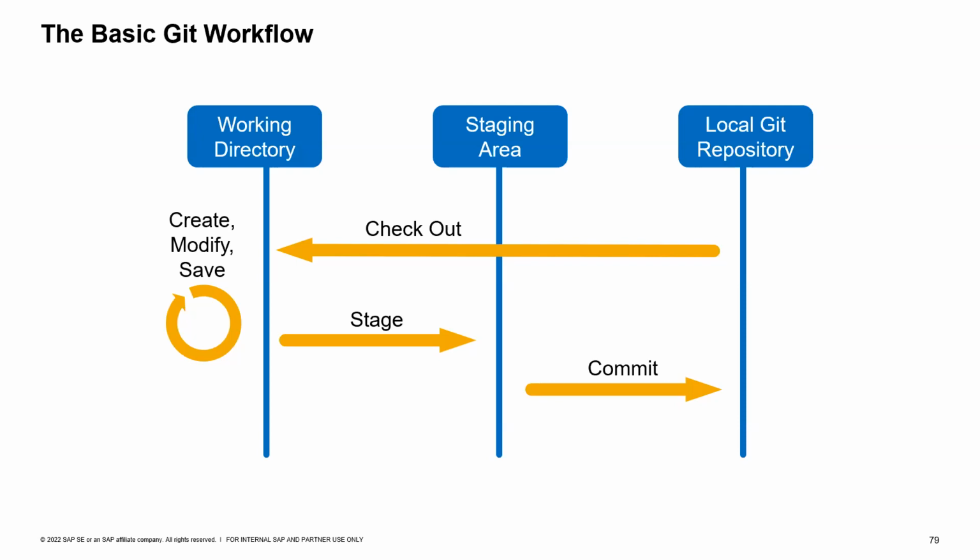This is where the staging area comes into play. By staging a file, you mark this new or modified file so that it is included in the next commit. You can, of course, stage several files, which is very common, or even stage all of the current changes of your working directory. Let's put it another way. The staging area is the virtual place where you put all the modifications that you want to include in your next commit.